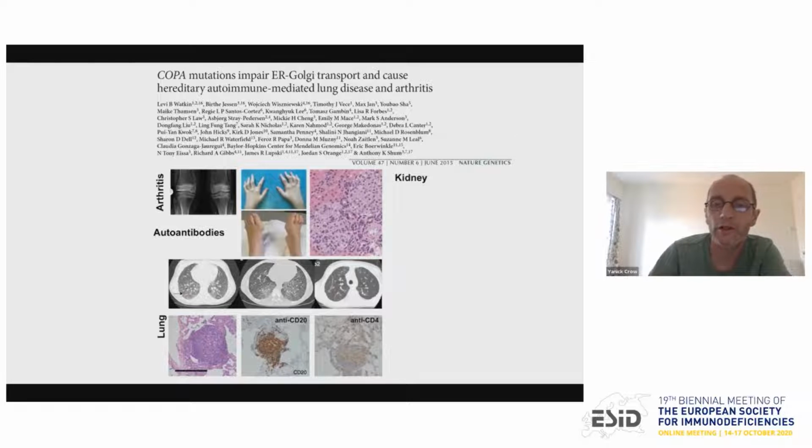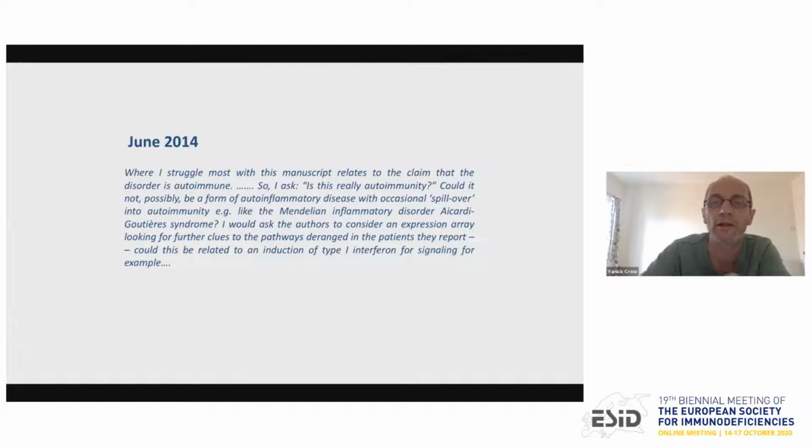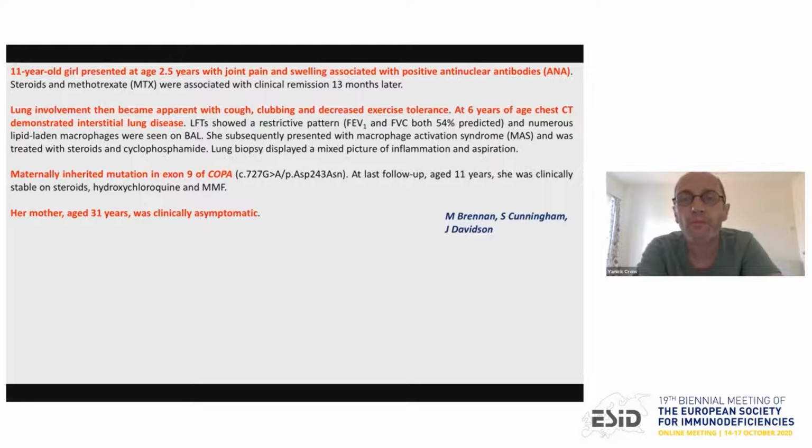Now, I don't think it's breaching any confidentiality at this point to say that actually I reviewed this paper when it was first submitted to the New England Journal and before it was published in Nature Genetics. And I wrote this at the time. I wondered if this was really autoimmunity, what I really wondered was if this could be an autoinflammatory disease with something like Aicardi-Goutieres syndrome. This was actually just before STING had been published. So I suggested to the authors they might want to consider an expression array looking for a potential type 1 interferon signal. So having reviewed that paper, I started looking out for COPA patients,